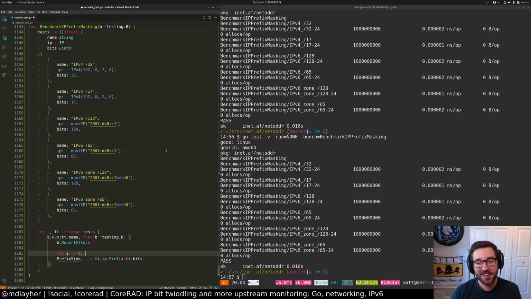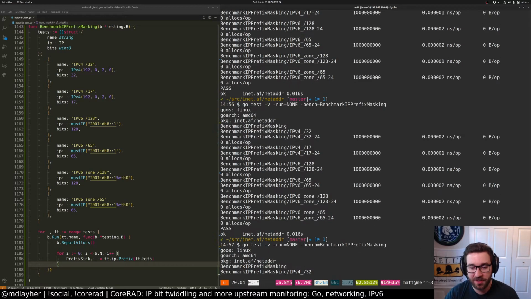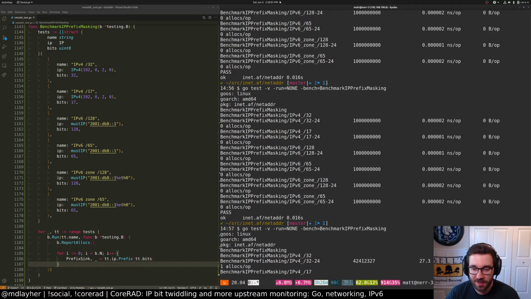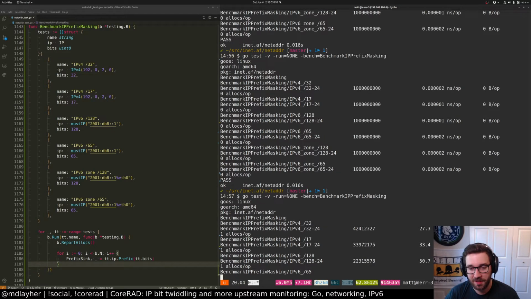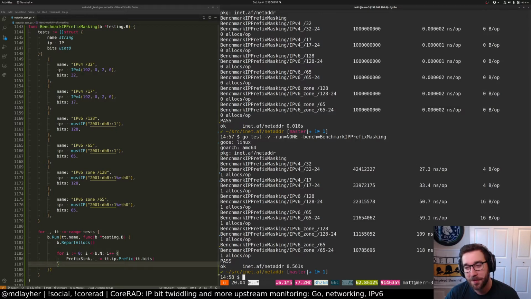So as you can see, I don't really write benchmarks that often. Sorry. I would usually copy and paste them from elsewhere. I wonder if we still need the sync here. There we go. Femtoseconds per op, but yeah, Dave, this is interesting actually. So it looks like the ones that exercise all the different branches actually are a little slower. I mean, of course, this is running on my machine that's streaming and everything, but it's quite interesting.